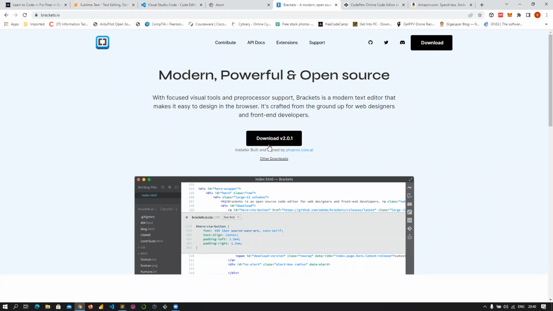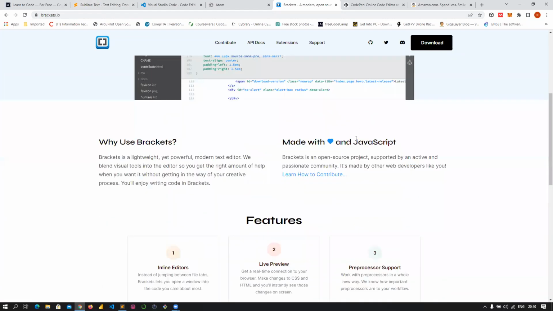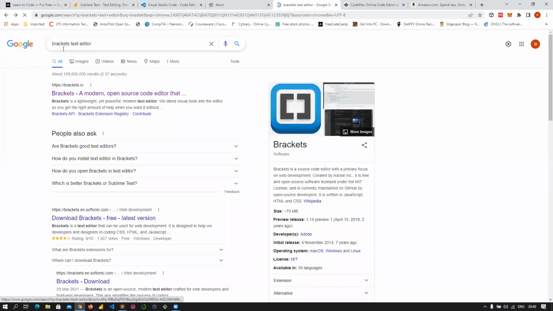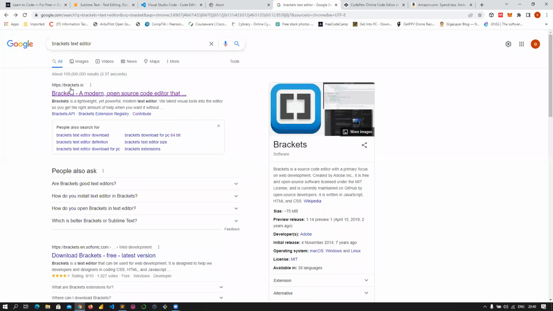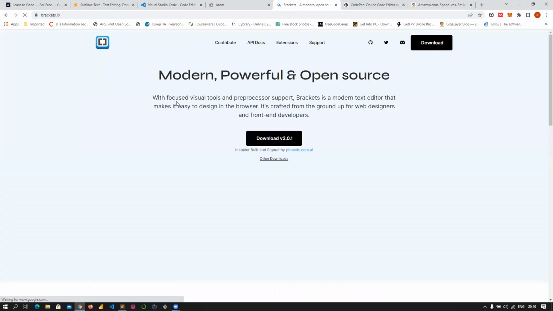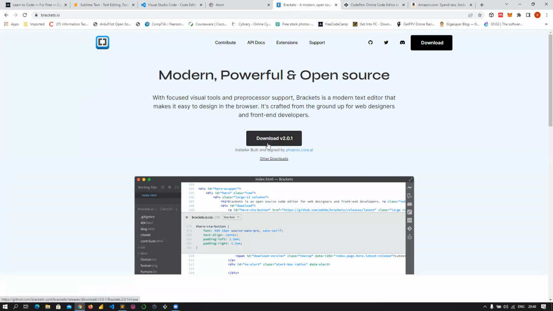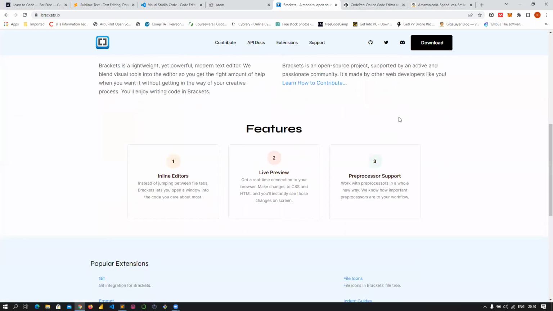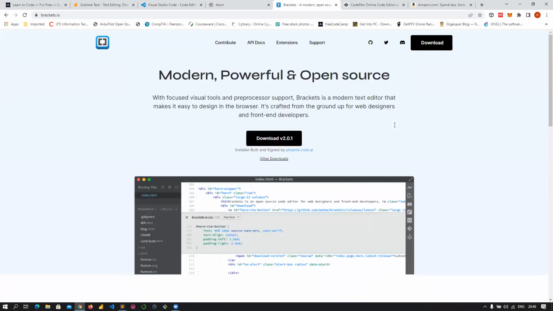brackets.io. So Brackets is also a nice text editor that you can use as well. The website for it is brackets.io, or you could as well go to Google and type Brackets text editor and follow this link, brackets.io, and click on it, and automatically you see the black download button here. Click on it and wait for it to download. After downloading, you can install it and you can start using it. So in your free time, you can as well just go to the website and see if you can get any other useful information. But the major thing here is to just download the Brackets text editor and